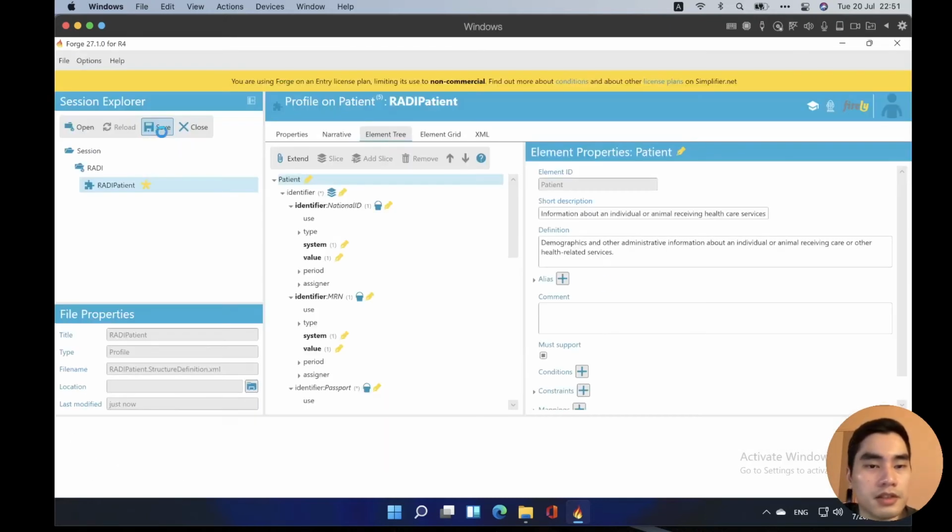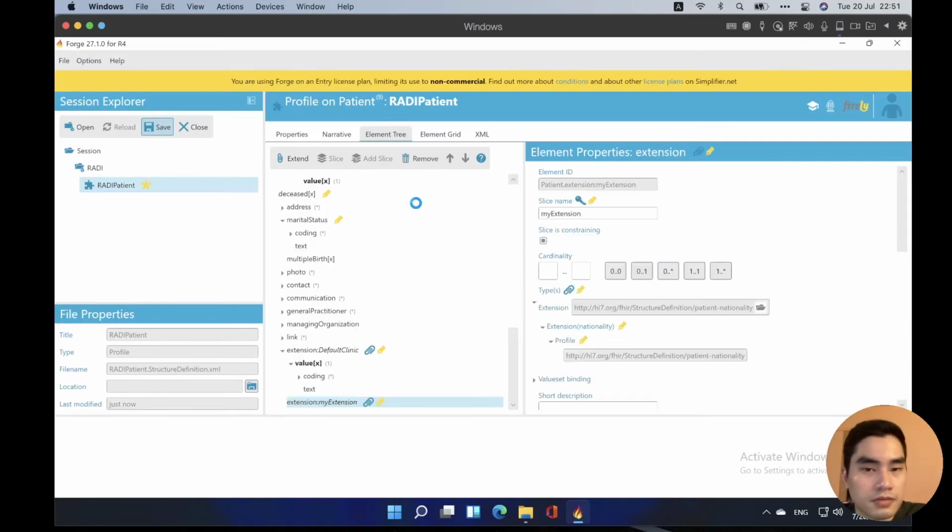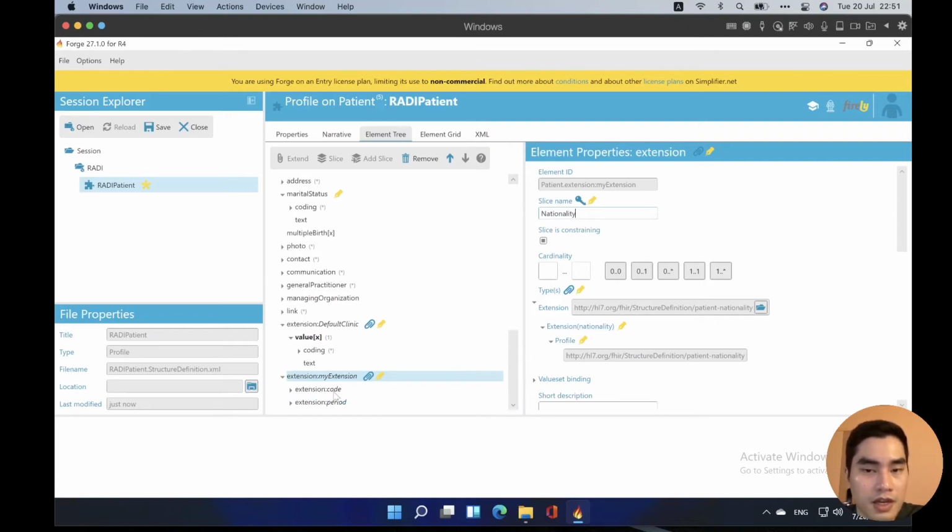So next is nationality. Change the slice name to be nationality. And inside nationality, we have another two extensions. This one is codable concept. This one is period.